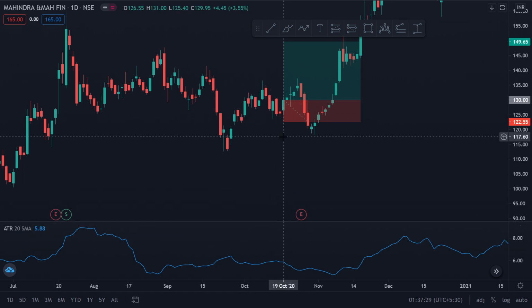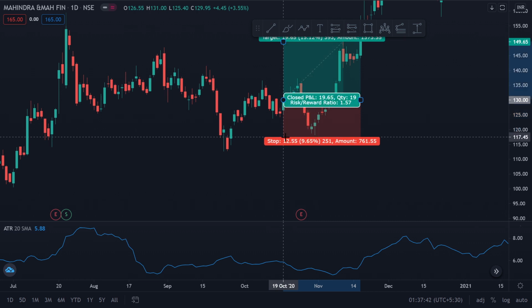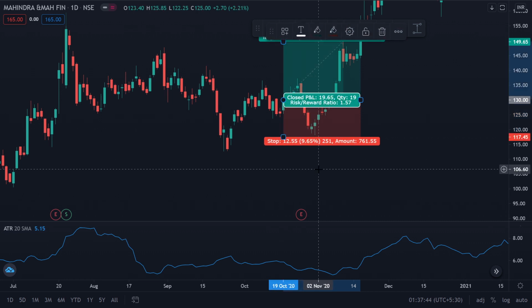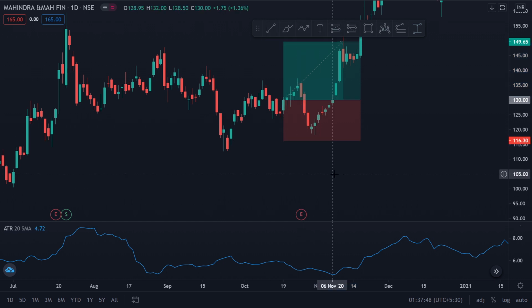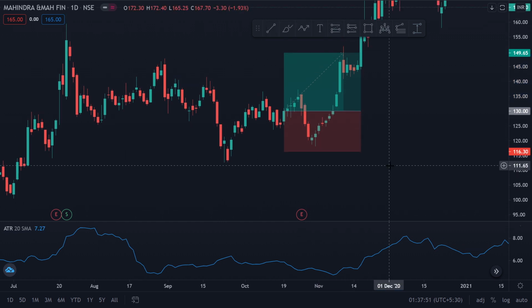So if I place my mouse pointer on the candlestick, you can see that the ATR value is about 5.8 to 6. So now 122 was my, let's say, stop loss here. Now I tweak it by 6, increase it by 6. 122 minus 6, that's 116, right? Now 116. Can you see how beautifully I have avoided the stop loss?